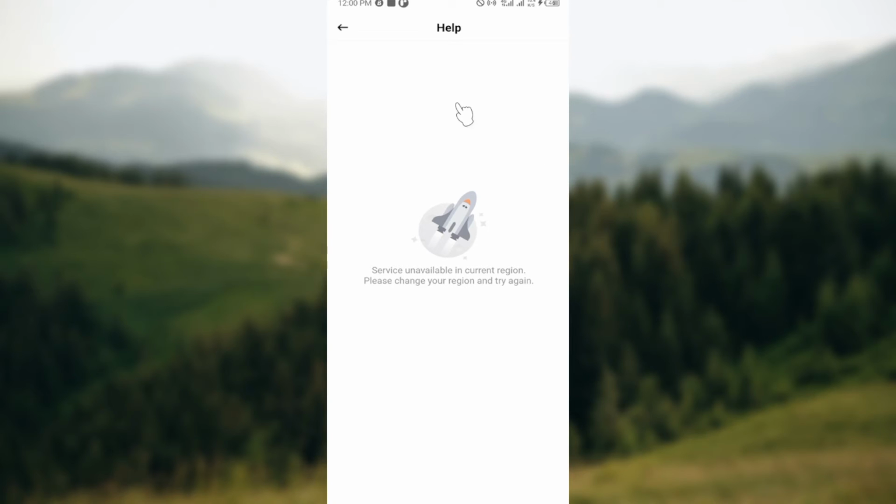You will see the option to speak directly to the DD customer support team, and you also see the option of email, and you also see the call option. So you can use whichever one you desire to speak directly to the DD customer support team. You will see the option here. Just click on it, and then you'll be directed to another page where you can chat and speak directly and